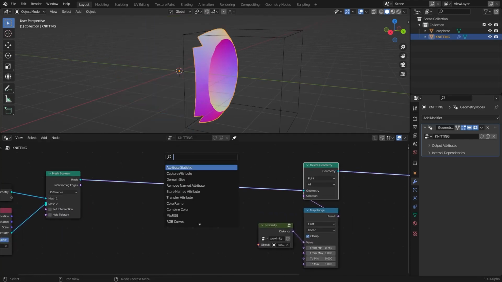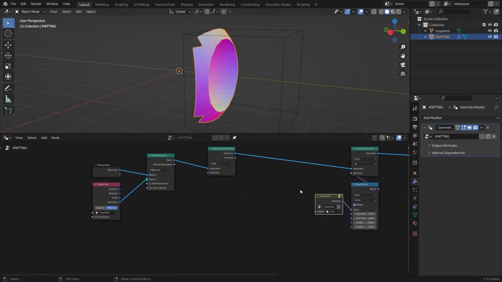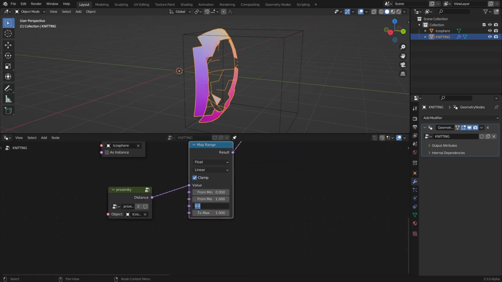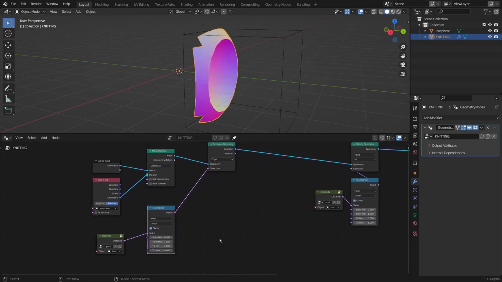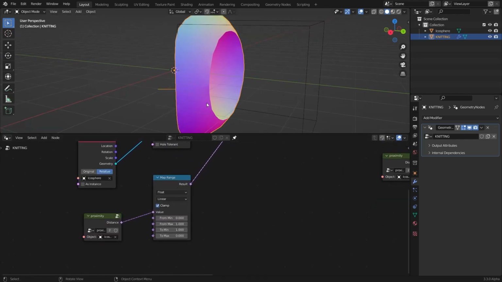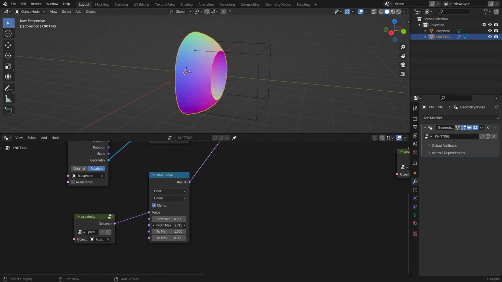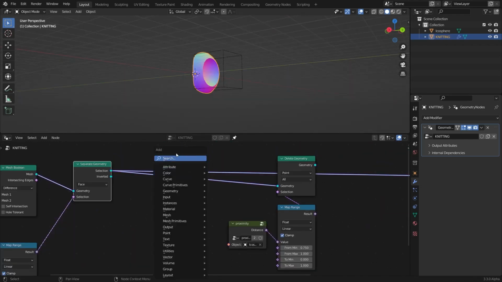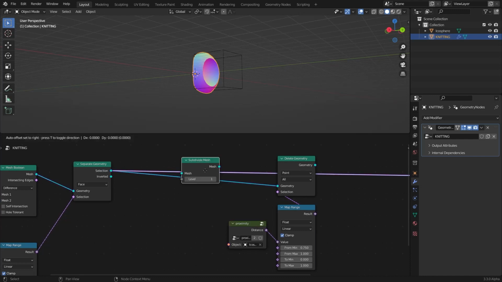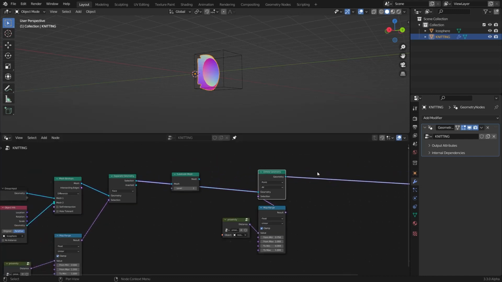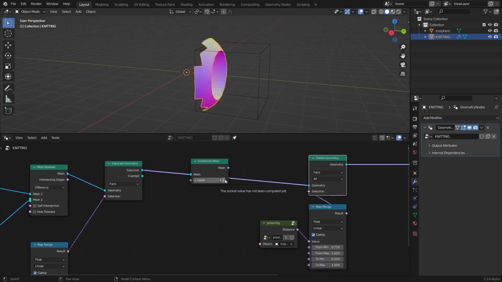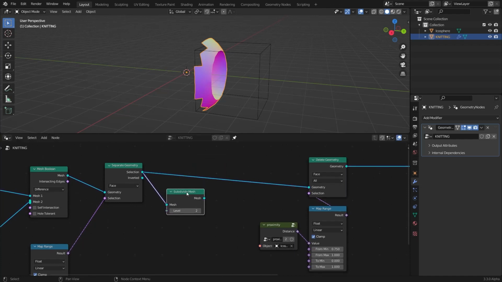So let's add a separate geometry node and duplicate this proximity and hook that up to the selection. Then I'm gonna add a map range right there and set it from 1 to 0. And if you preview this, it looks like that. And I'm gonna play with these and make sure to set this from edge to face. I'm gonna add a subdivide mesh node and preview the whole thing. So this delete geometry should be face, and then the subdivision levels can be something like 2,